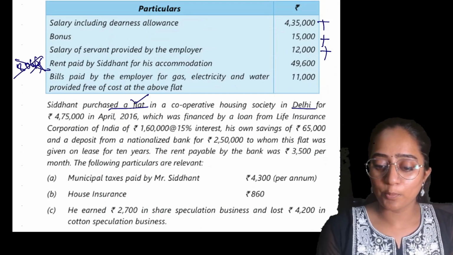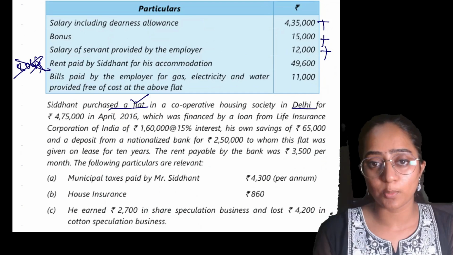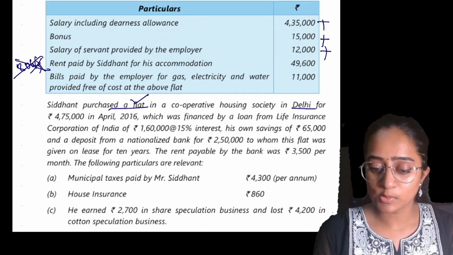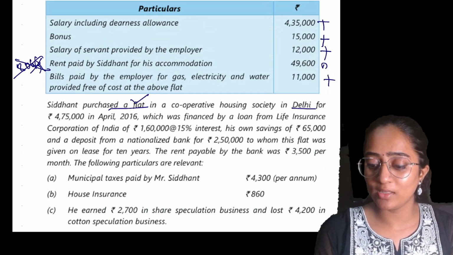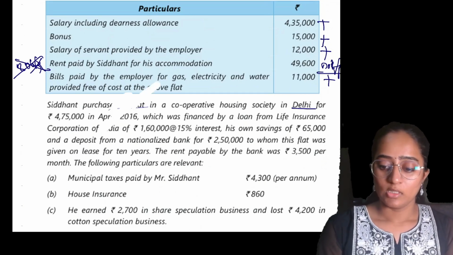Bill paid by the employer for gas and electricity: same thing. If it is provided to specified employees, it is going to be fully taxable, so it is going to be considered as a perquisite. This we are not going to do anything. No effect. Clear? This is no effect. Then now,